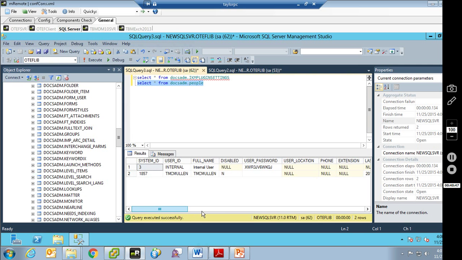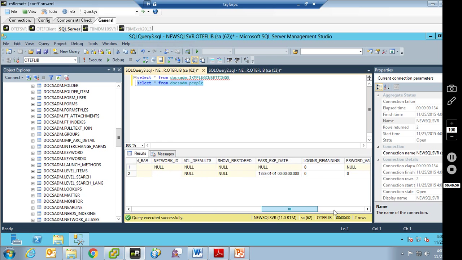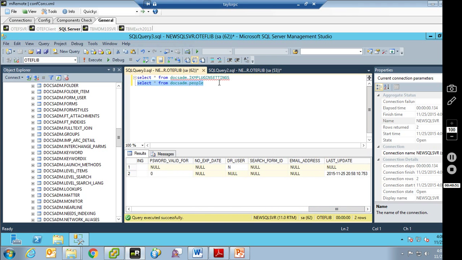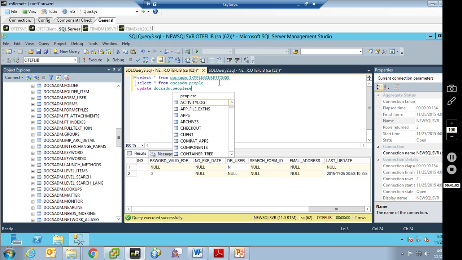And the workaround here is I can come into the people table to this section where it says email address and update it. Update docsadm.people. Set email address equal to